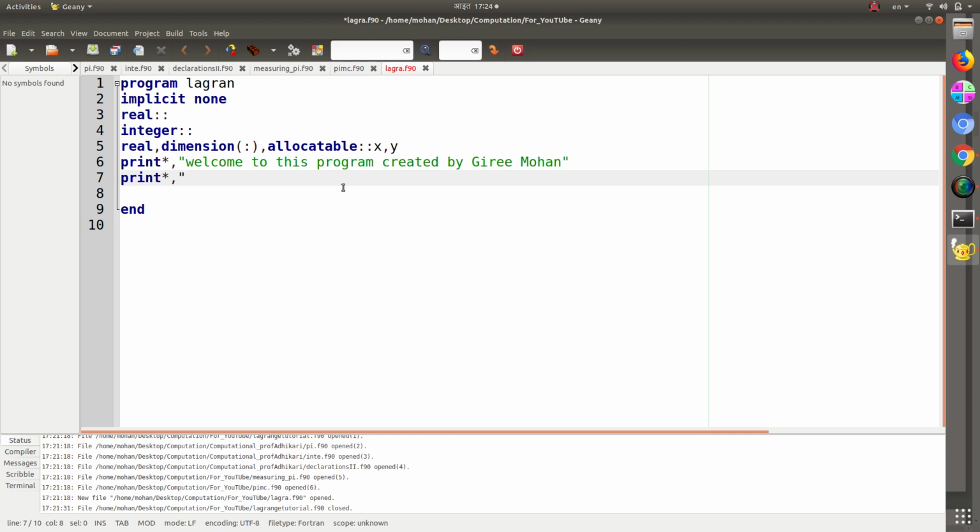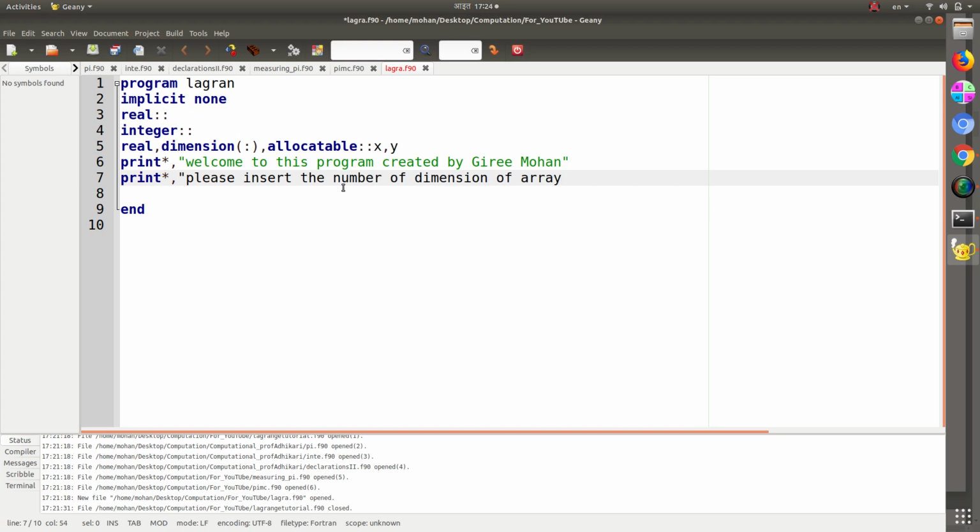But if we give input in each step, then we can get answers for any questions that we are asked. Alright, so let us write print, please insert the number of dimension of array,